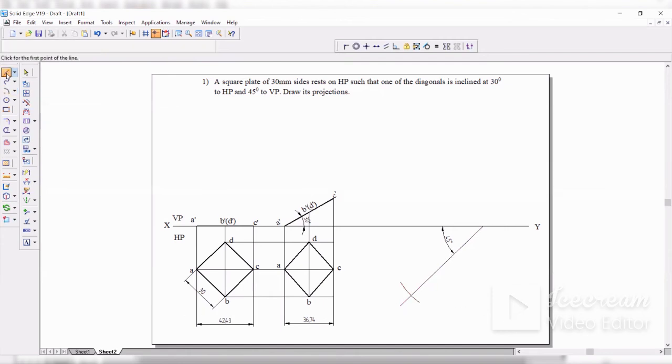Okay, now from this point, from the intersection of that, like this intersection, you can see the cross mark over there. From there, draw a line of unspecified length. There is no specification of this. Just draw a horizontal line.